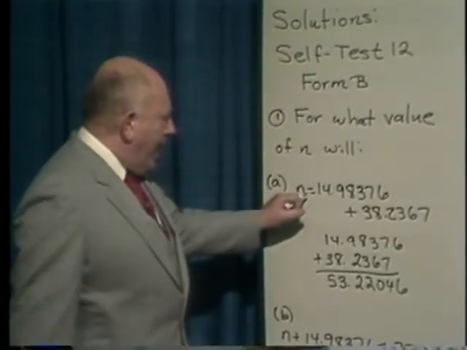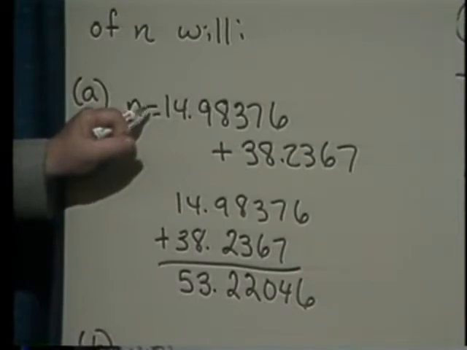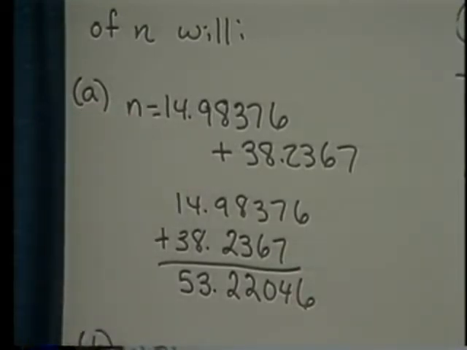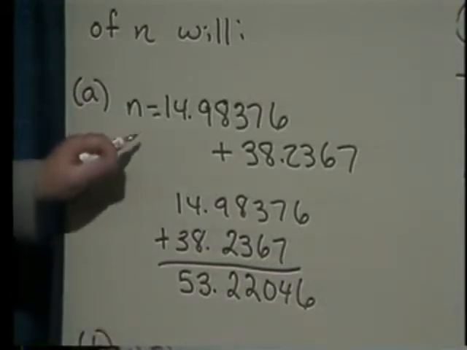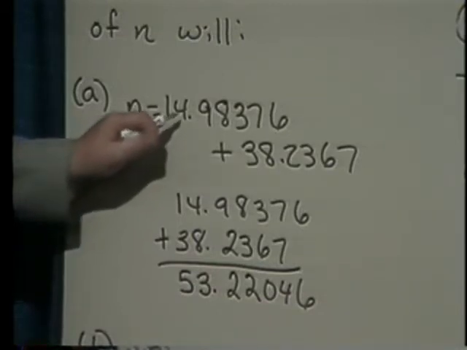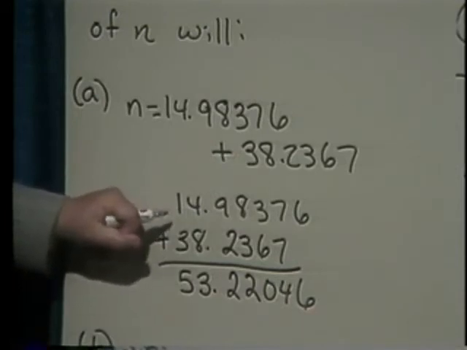And you see, part A has the equal sign here and the plus sign here. Part B is going to have the plus sign here and the equal sign here, and that's going to be the difference between having an arithmetic problem and having an algebra problem. Look, in this particular problem over here, we're told that to find the value of n, all we have to do is take the two given numbers and add them. You see, what it says is n is equal to